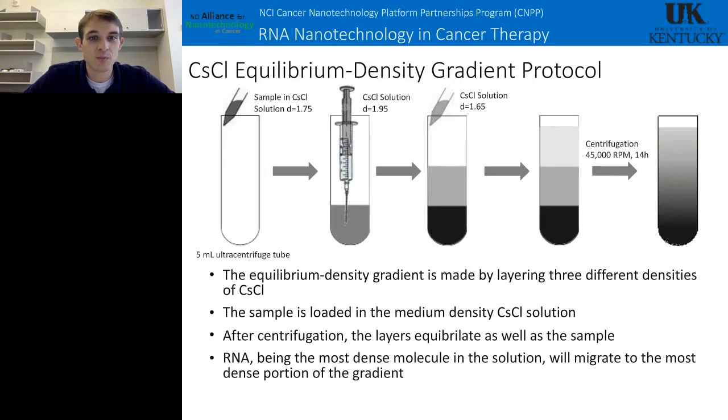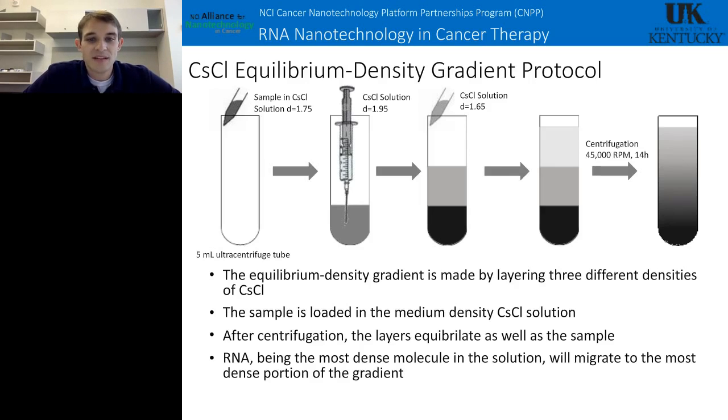So here's a somewhat detailed protocol, like I just mentioned earlier. Some important things to remember when doing this: you want to pipette these solutions in very slowly. You don't want to disturb the gradient in between each, because that will affect how well your density gradient forms while centrifuging. And that's the most important part, because as your gradient forms, your particles move with the gradient. So if you have a very uniform gradient, you should get a good purification of your RNA.